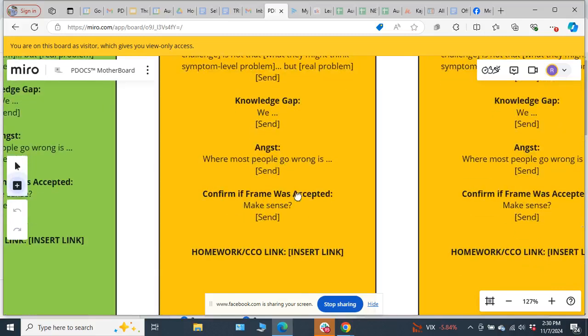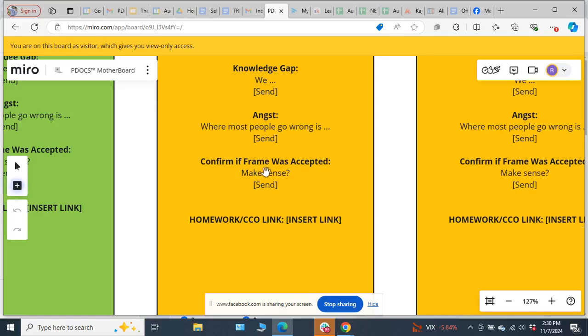And then we confirm the frame. They're usually going to give you one of 3 frames of acceptance, a strong frame. Yeah, that totally makes sense, Ray. And then I can go to the next step. If it's a medium frame of acceptance, it would be something like, that kind of makes sense, Ray, but I'm still not sure exactly how that would work in my business, my offer. And then a weak frame is, that makes no sense. I don't think that would work at all, right? That means we either assessed the wrong knowledge gap, or our messaging is really, really bad.